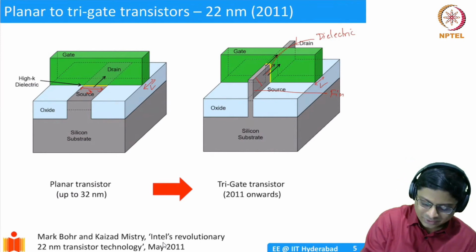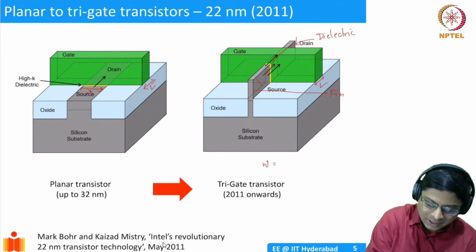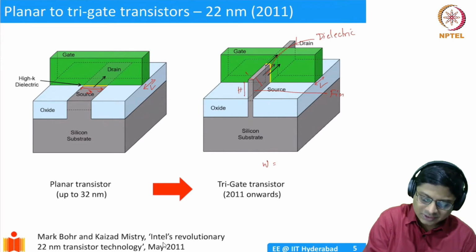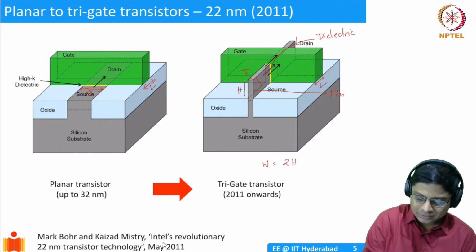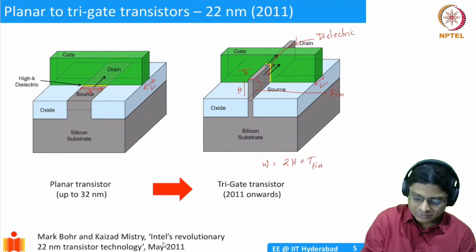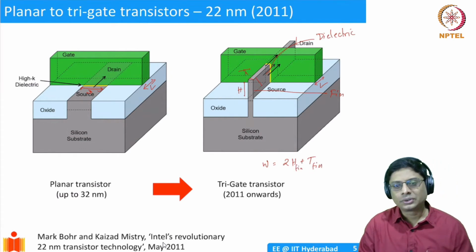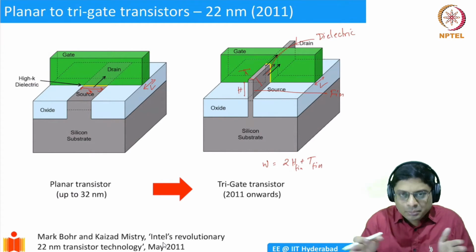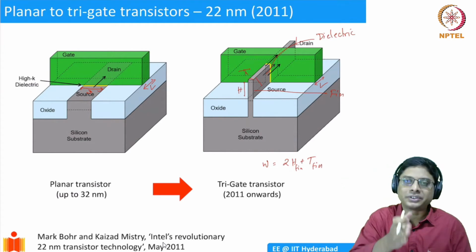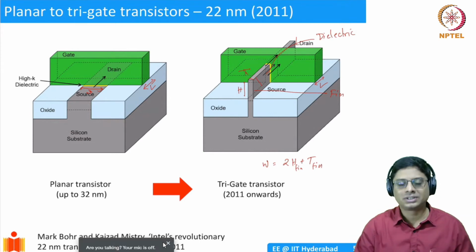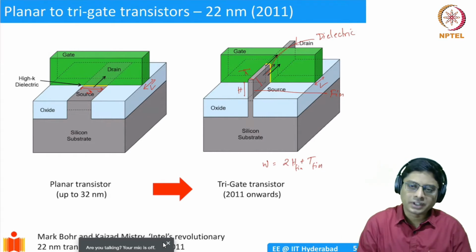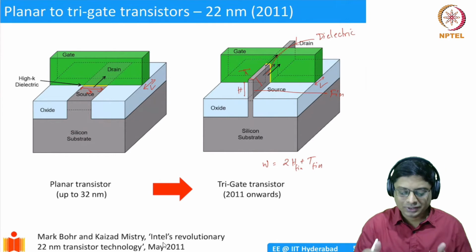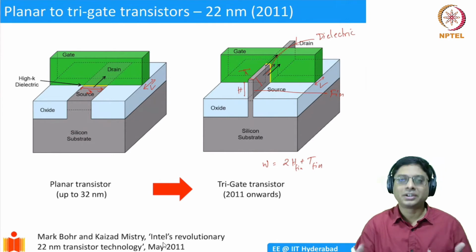What will be the width of this transistor? Let's say the height of the fin is h. If I call this the height of the fin, h, and this is the thickness of the fin, t, the total width would be 2 times the height plus the thickness of the fin, 2 h fin plus t fin. So this is the width of the transistor. So you see what happened. We are able to make the dimensions smaller by introducing these fins. Because if you try to go smaller and smaller, there were a lot of practical challenges. So they could not make the transistors even smaller and smaller. So they went out of the plane into the third dimension, and that is known as FinFET or tri-gate transistor technology that Intel introduced in 2011.